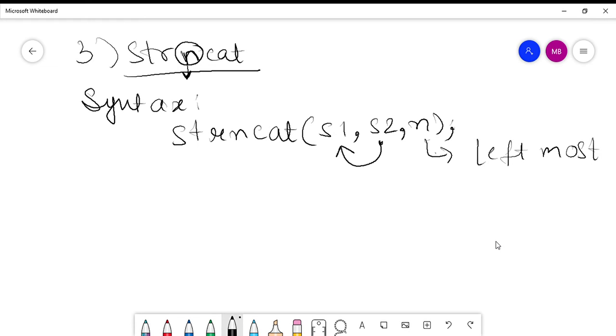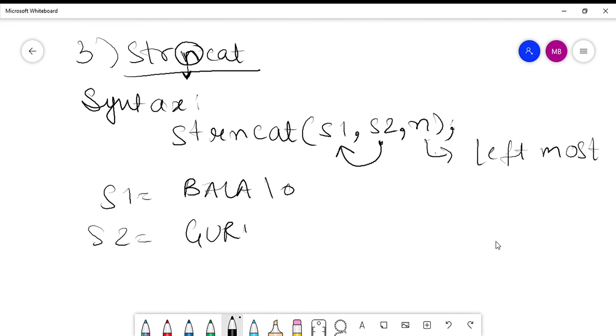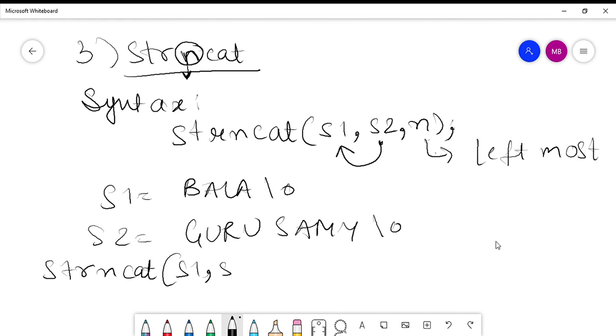Say for example, string s1 is Bala and string s2 is GuruSami. So in that case, if I write strncat s1 comma s2 comma 4, that means it will concatenate the leftmost 4 characters of string s2 to string s1.